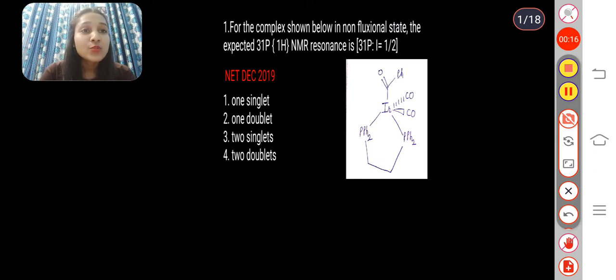For the complex shown below in non-fluxional state, the expected 31P{1H} NMR resonance. You have to calculate the number of signals and their multiplicities in this question. Here you have 31P with 1H in brackets. If 1H is shown like this, it means it is double irradiated here. It means you have to ignore the signal due to 1H. So what remains here is 31P, for which nuclear spin is 1/2. So we have here